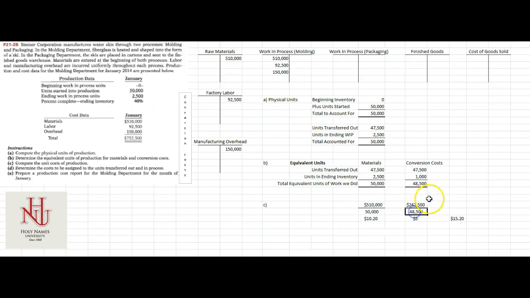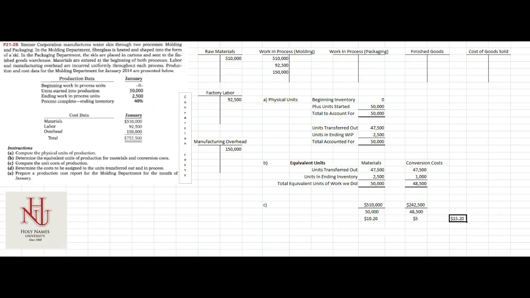Dollars per unit. How much work did we do? As far as conversion costs go, we did 48,500 units worth of work. Dollars per unit: 242,500 divided by 48,500 units means that our conversion cost per unit was $5. Direct materials of $10.20 plus conversion costs of $5 means that our total cost per unit is $15.20 this month